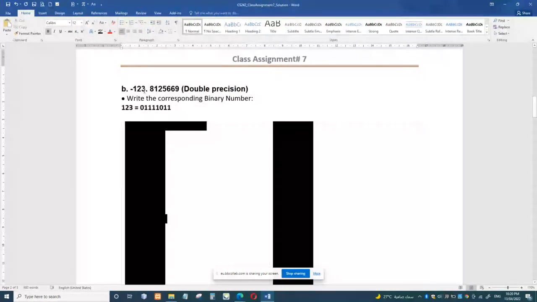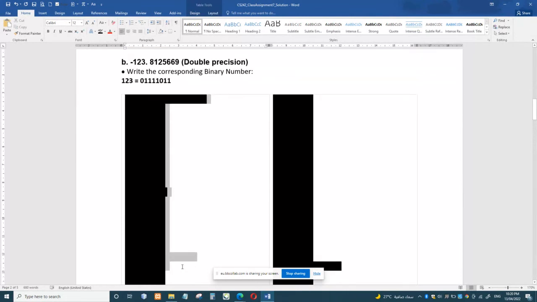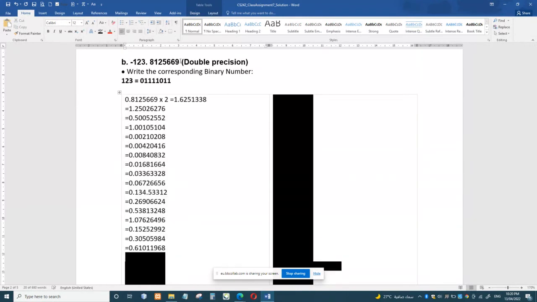Once we have the representation for 123, now we can represent 0.81256669, and we are going to convert it to binary. You can see that 0.81256669 multiplied by 2 gives 1.6251338. Again,